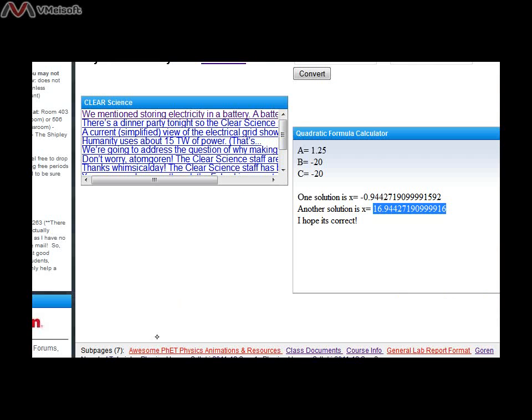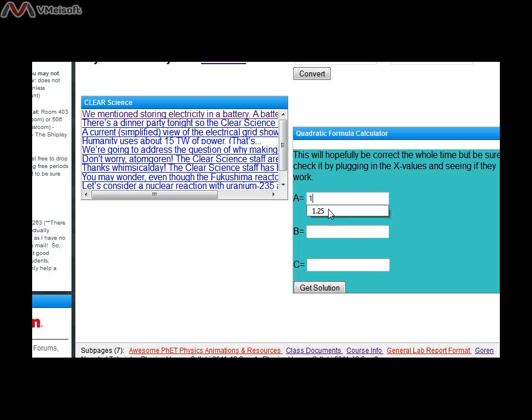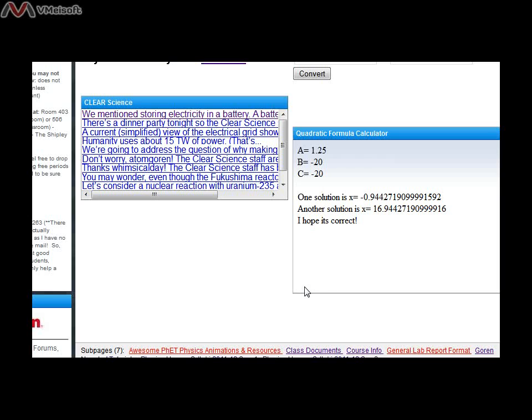I put it into the quadratic formula calculator that we have on our handy dandy website. So I just put in the coefficients, which were 1.25, minus 20, minus 20,